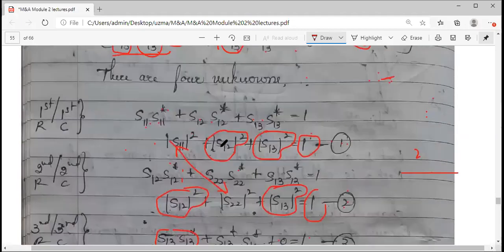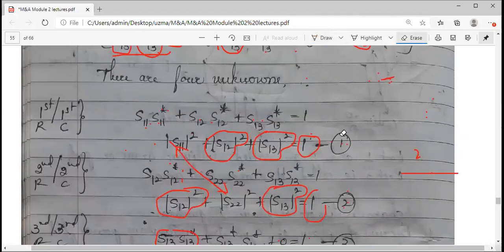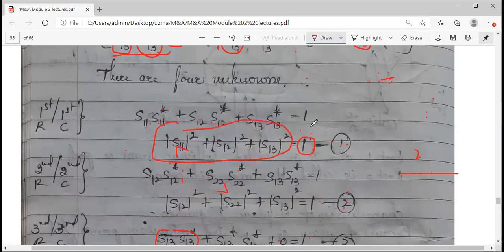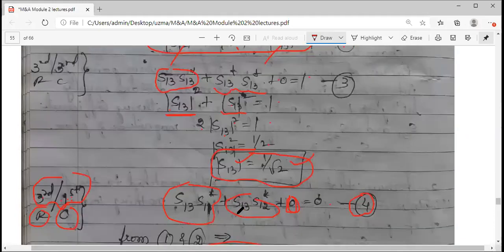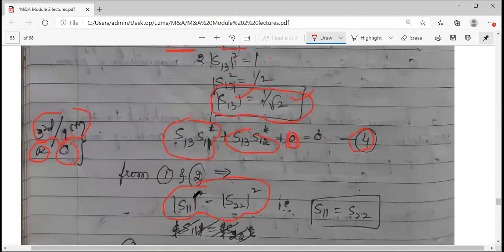Is it not so? What is equation 1? Let me show you here itself. This is your equation 1. I don't want 1 because the RHS of both is the same. I will eliminate simply. This complete term is equal to this. So these two cancel. If you equate, you will be left with only these two, 1, 1 and 2, 2. So that's what I have written here directly: S11 square is equal to S22 square.